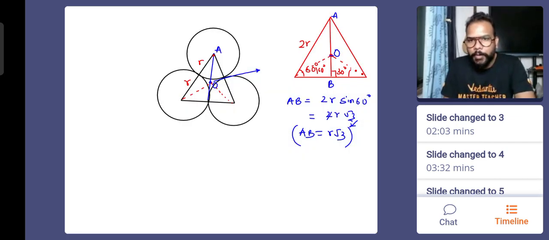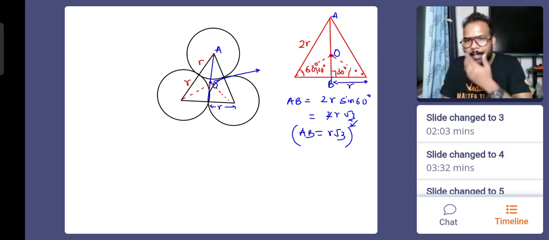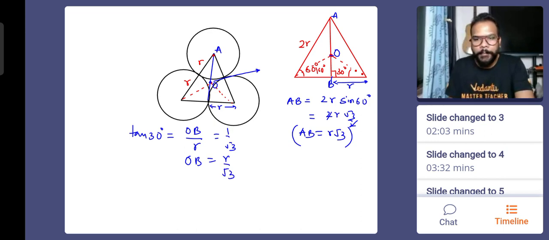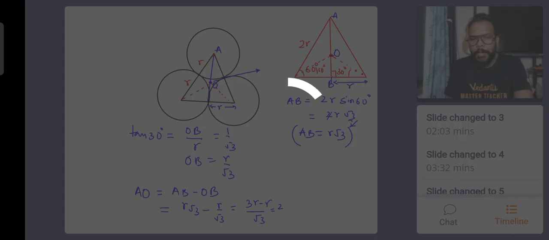ठीक है, तो अब ये छोटा वाला ट्रायंगल जो है इसमें क्या मैं बोल सकता हूँ ये डिस्टेंस r के बराबर है और ये राइट एंगल ट्रायंगल है और मुझे ये वाली साइड चाहिए, तो मुझे tan 30 डिग्री की जरूरत पड़ेगी. तो tan 30 डिग्री कैसे लिखूं? ओ बी बाई आर, एंड ये वैल्यू होगी 1/√3. तो ओ बी का वैल्यू कितना आया? r/√3. ओके, तो ए ओ हो गया ए बी माइनस ओ बी। ए बी कितना है r√3, ओ बी कितना है r/√3।